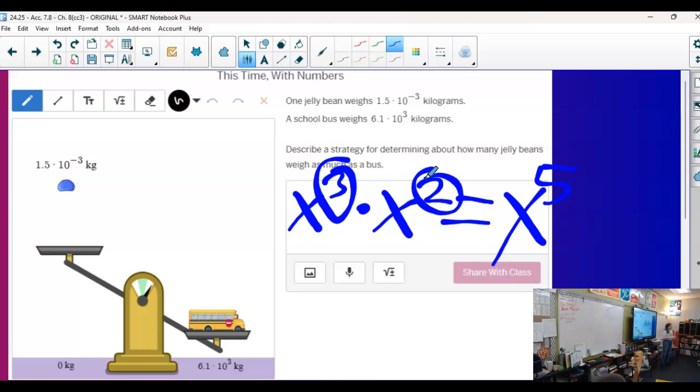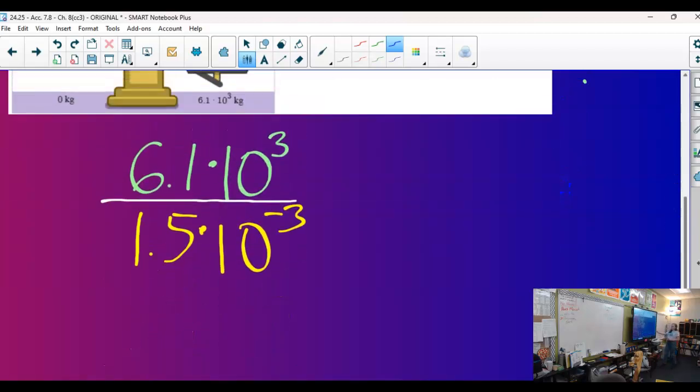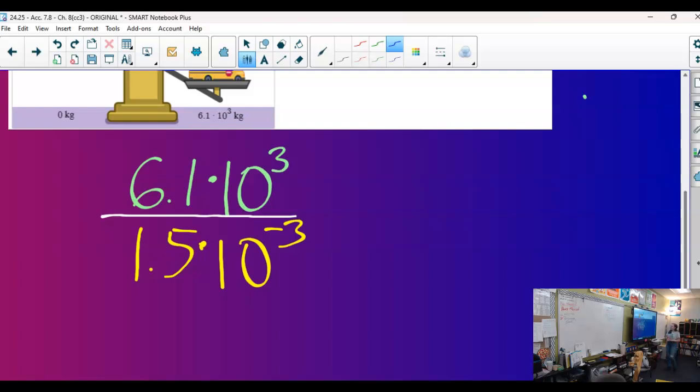Okay, Elias. Why don't you divide the bus by the bean? Yes. So why can't you just do that in the activity? I did. I wrote that down. If we were going to do that first, we're going to make this into the what are they called? The standard form. Yeah. If we're going to make these numbers into standard form,